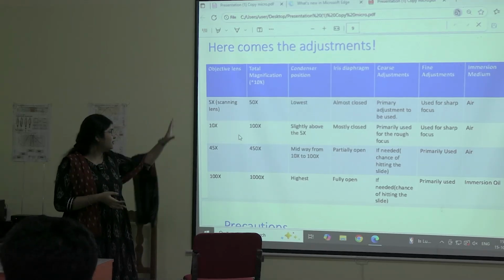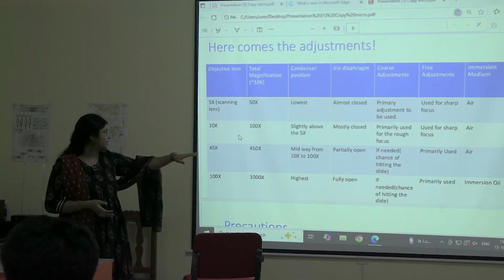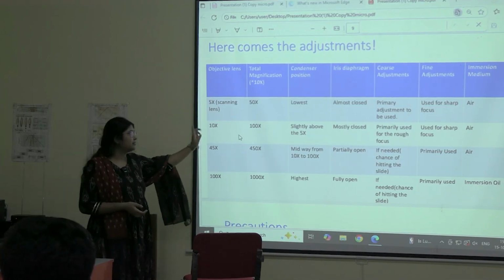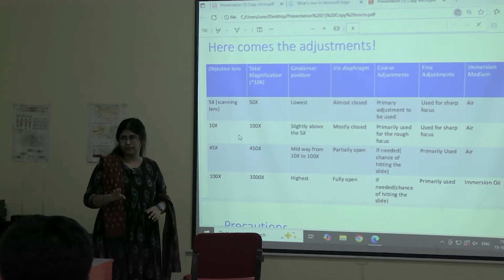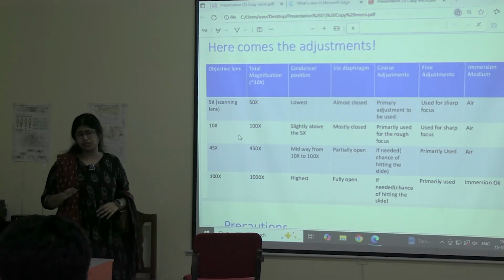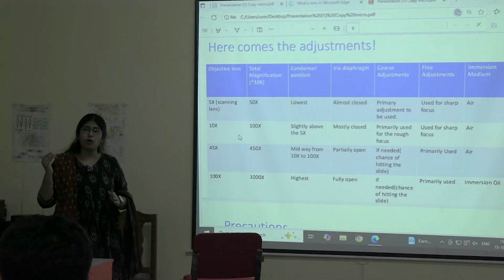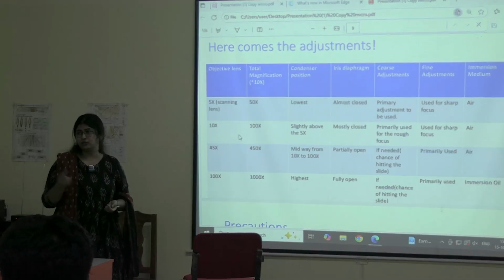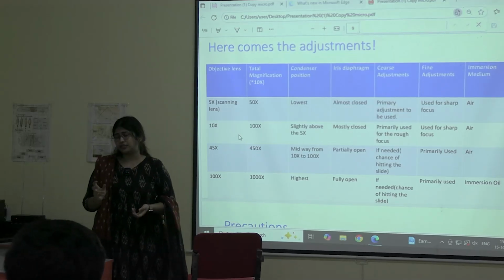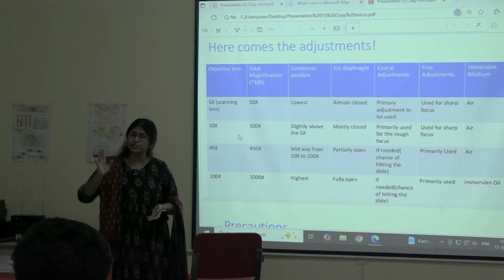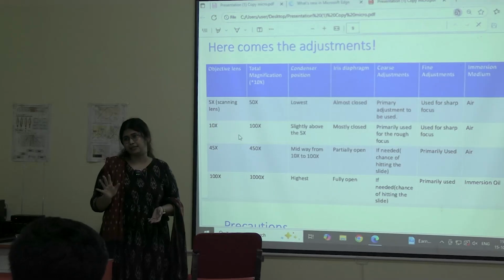Great. Now, we will know about the adjustments. When you go for 5x, your condenser should be at the lowest position. Your iris diaphragm should be almost closed. It should not be fully open. Then we come to the coarse adjustments. We use coarse adjustments mainly in 5x and 10x.